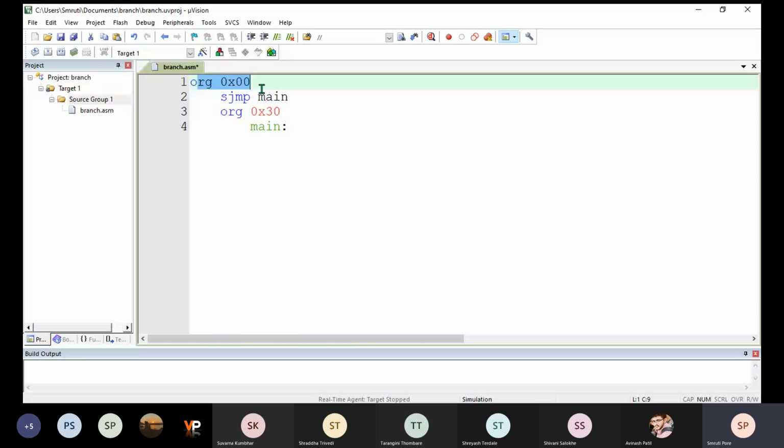Then here the second instruction is SJMP. Okay, now what is the SJMP? It's a short jump. Short jump is within 256 bytes, and then we are writing here some code there. We can write any code there to execute some instruction.